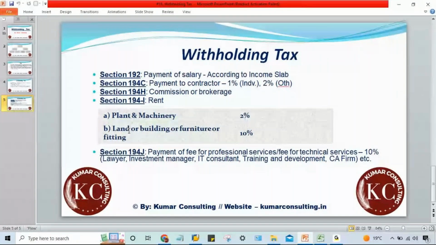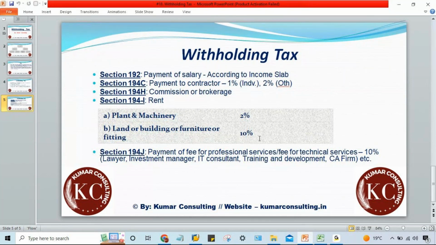Whereas if it is land or building, or furniture and fittings, then it is 10%. Land and building means, let's suppose Tata Motor's corporate office premises, which are also on lease, taken from a particular builder or infrastructure company, and every month certain rent is paid, right?